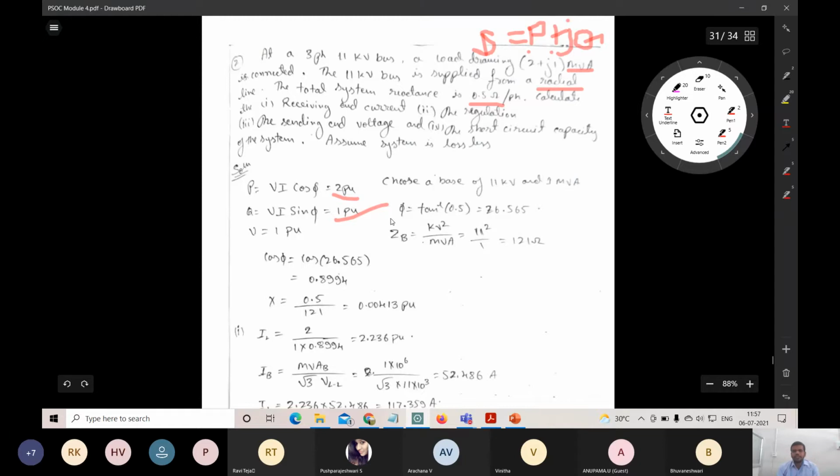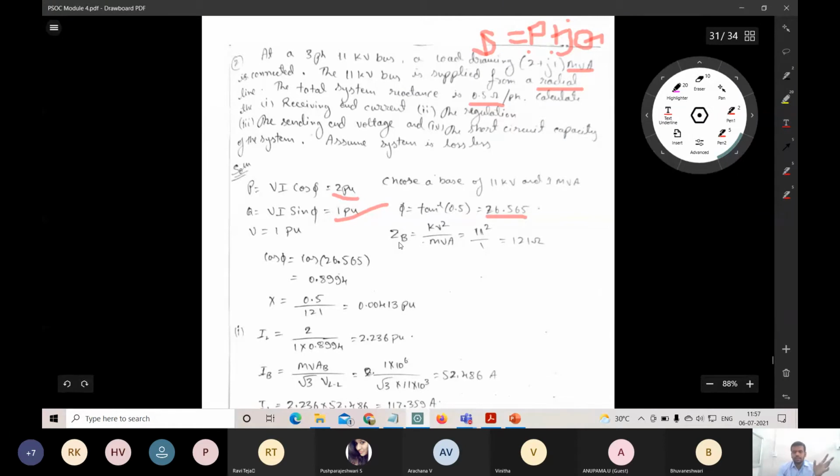So if you want to calculate phi, how to calculate phi? Take these, just divide equation 1 and 2. Divide P and Q. So VI gets cancelled. Cos phi by sin phi, cot phi. Or else you can take sin phi by cos phi, tan phi. So 1 by 2. Instead of P by Q, you can also take Q by P. Both are the same. So phi is equal to tan inverse of 0.5 or cot inverse of 2. So we get the same value, 26.56.